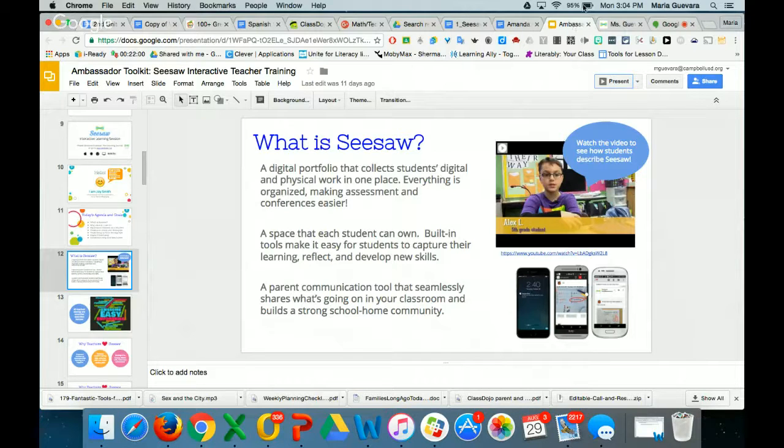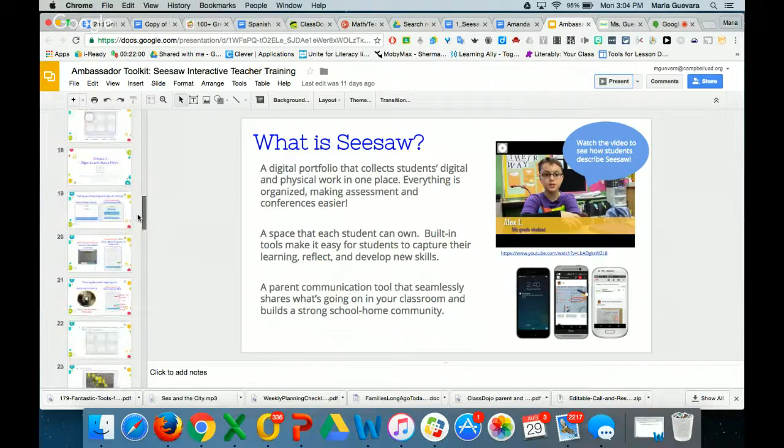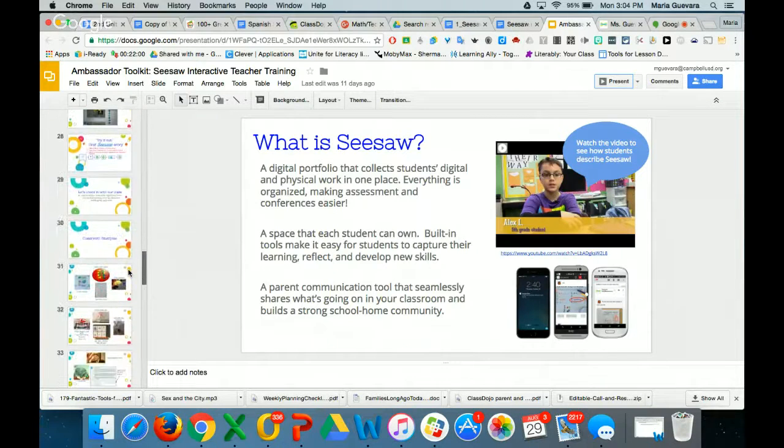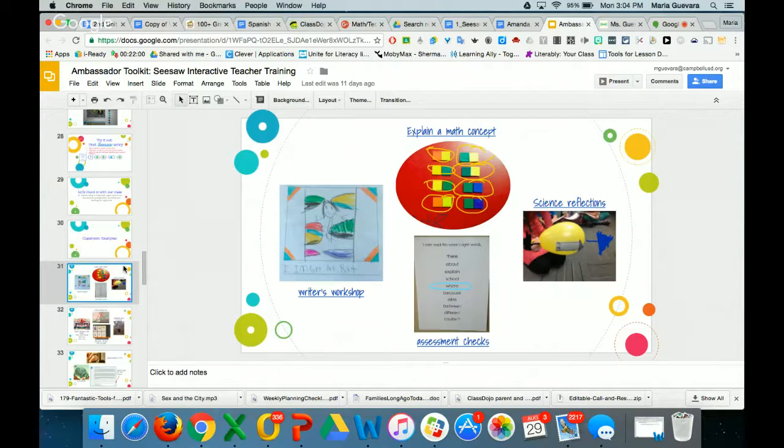Let me move on to the next one. I'm sorry, you're going to scroll through a bunch of slides, but I want to show the next one. Some of the things that you can use them for, and other teachers in Seesaw have used them, was to explain a math concept. I know we're about to use them this week with their snap cubes, just to explain how they're coming up with different groups of 20 or 10, whatever you may be working with. You could use them for writer's workshop, assessment checks, science reflection, and